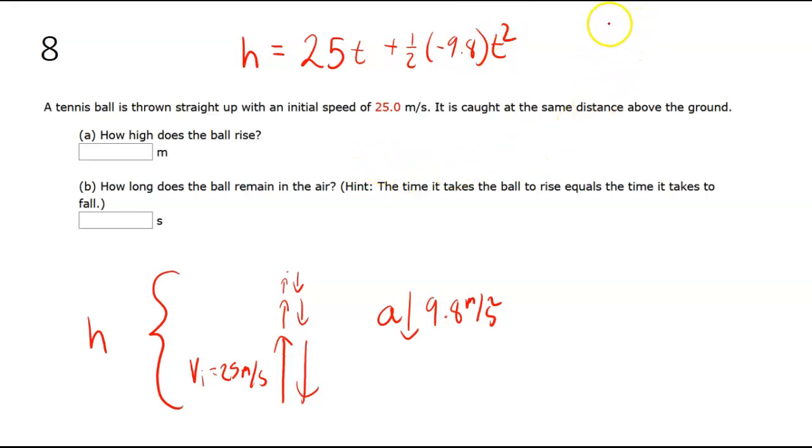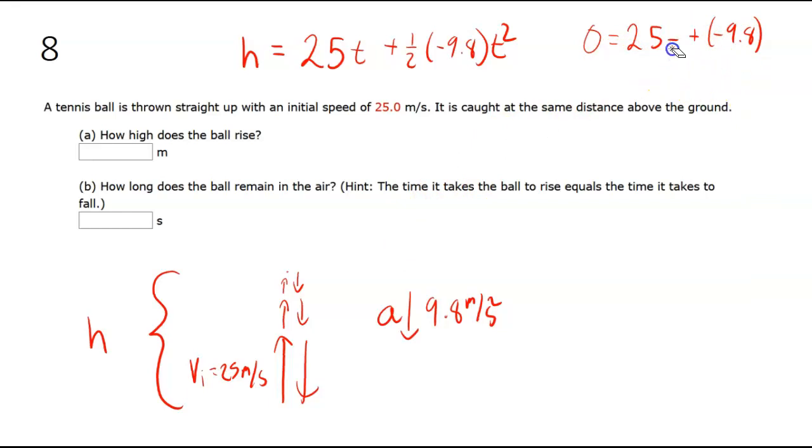So I'd have to go ahead and use my velocity equation and say 0 is equal to 25